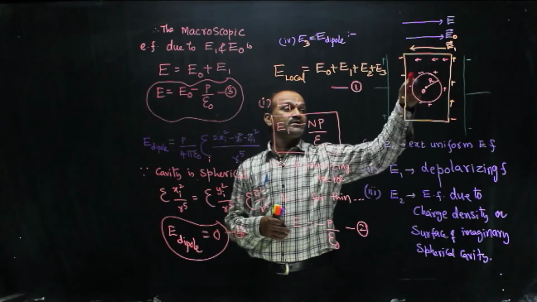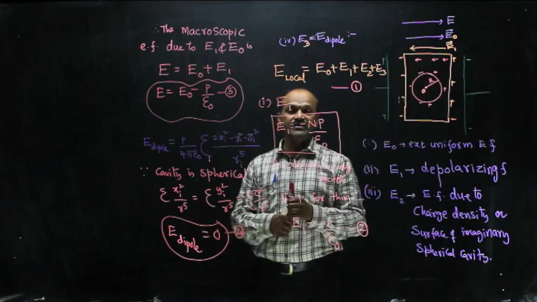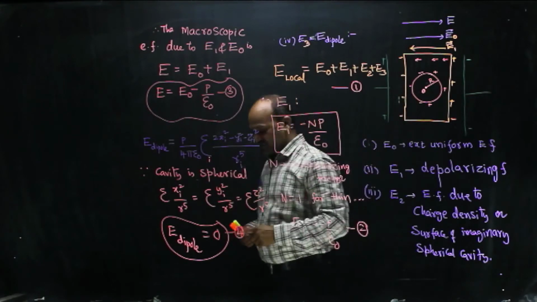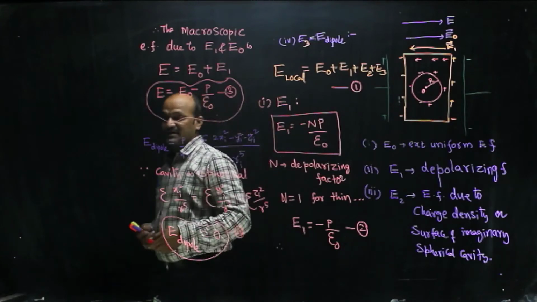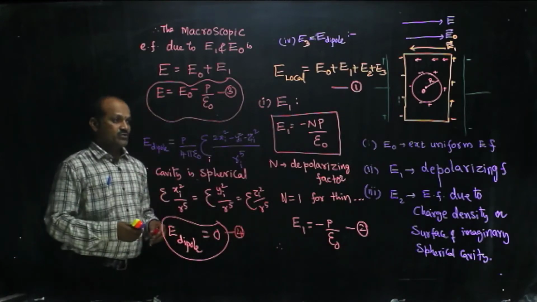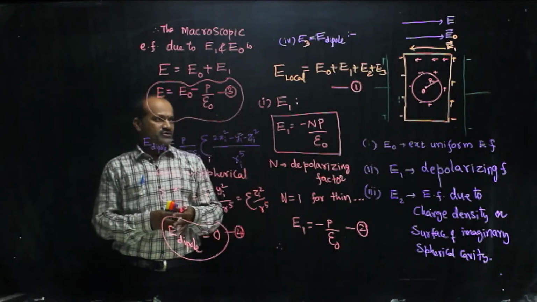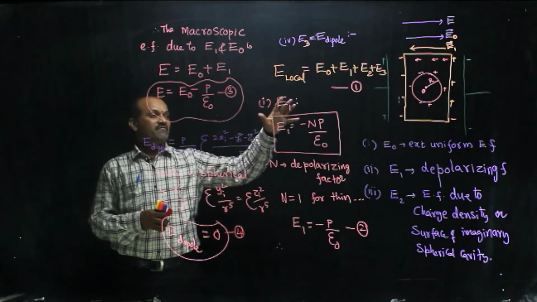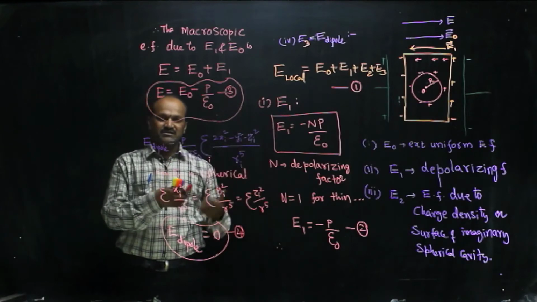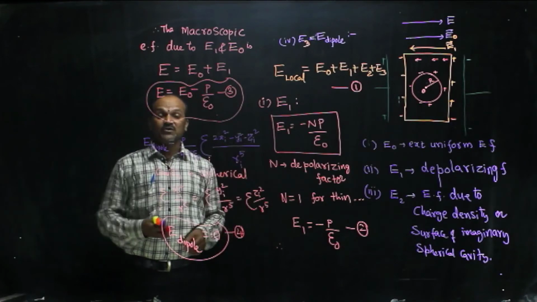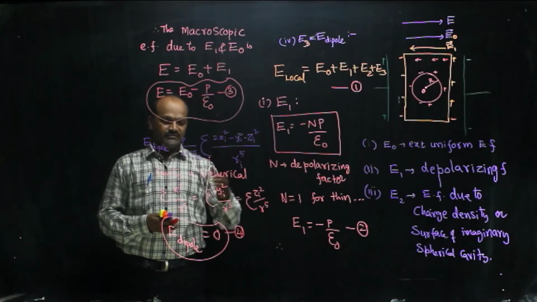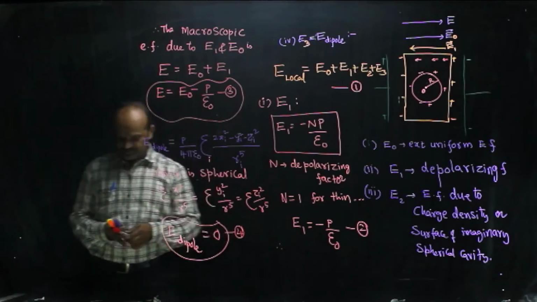On the surface of the imaginary cavity, there are polarization charges or charge density. Then we'll see what happens. For that, we take a little enlarged cavity diagram. We'll see some basic mathematics, basic calculations. Then we'll discuss it.